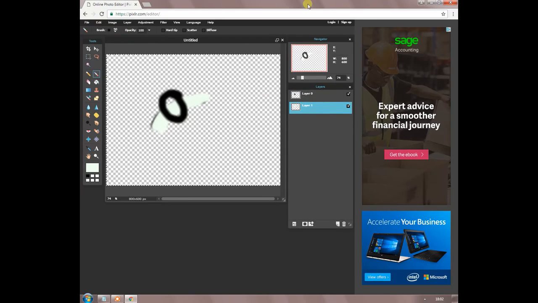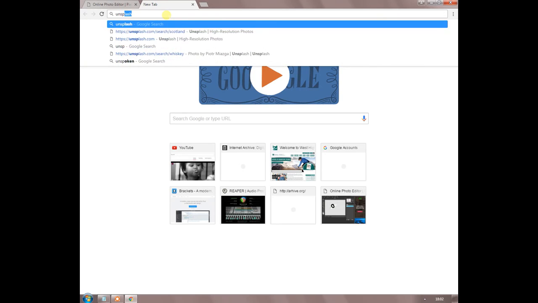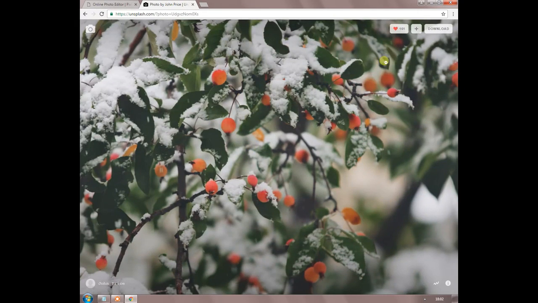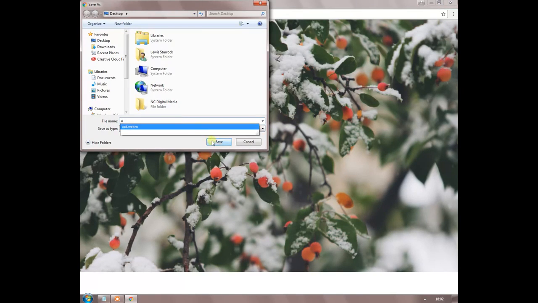So some good ways to do it is, if we want to go and get free pictures, archive, Wikimedia, I'm just going to use unsplash.com, create from zero site, grab a picture. Now you might want to probably use a rubbish image so that they can mess about with it, but let's see. So I'm just going to save image as, whack it on the desktop,